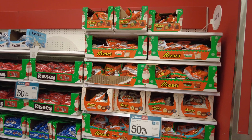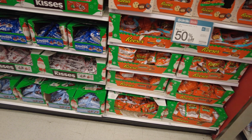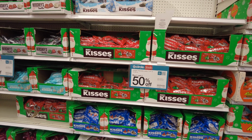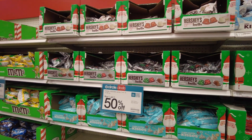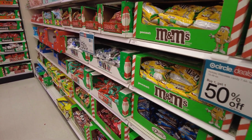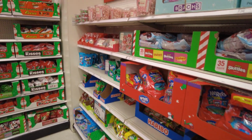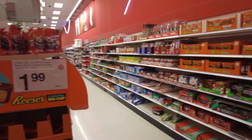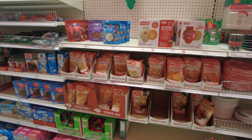I did come after Halloween to check out the clearance, but I think I was either a day late for all the good stuff or half a day late. You've got all your Hershey Kisses. When I came for Halloween clearance, it was 70% off food and 90% off the main stuff, and I got a couple decorations, but it was pretty much picked over. In fact, it was just this back wall that had the clearance. But anyway, you've got all your Christmas candy, the peppermints, more Hershey Kisses, more Reese cups. Here you've got some of your baked good items, paper plates,